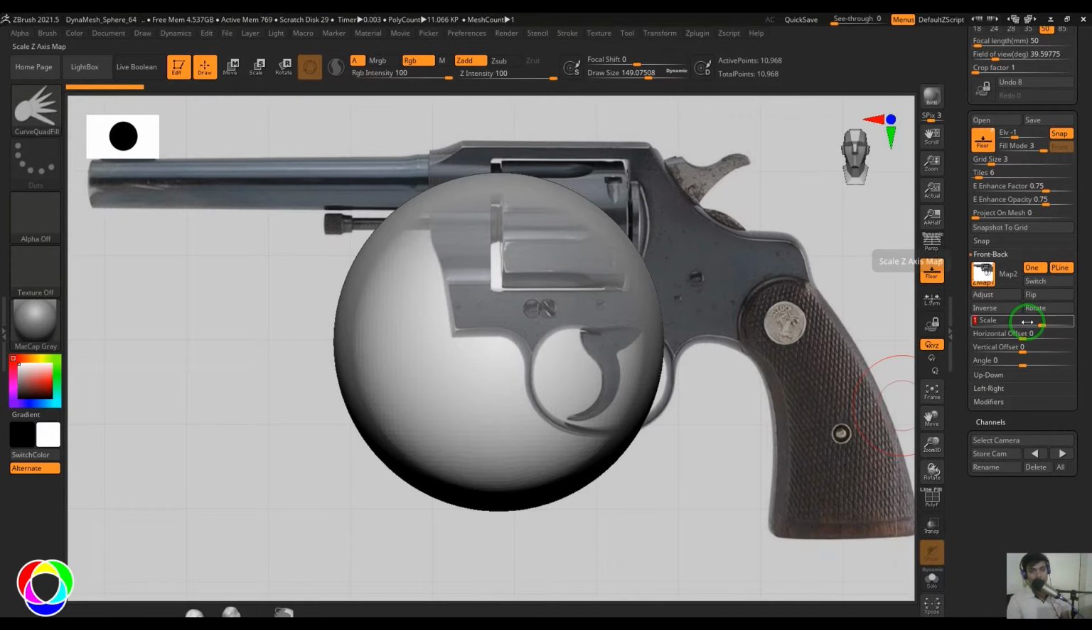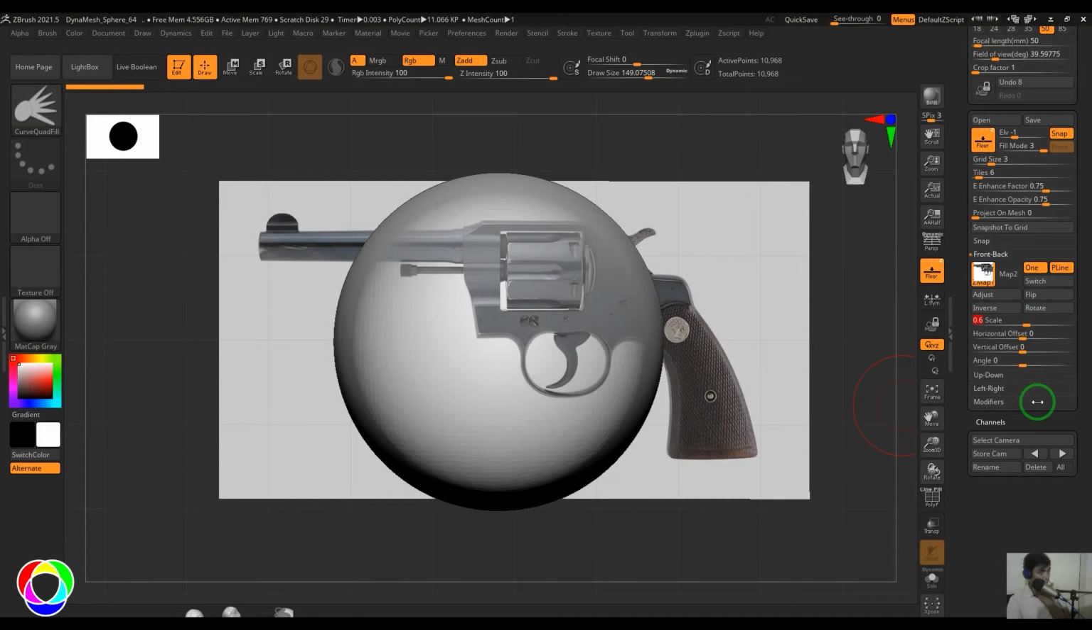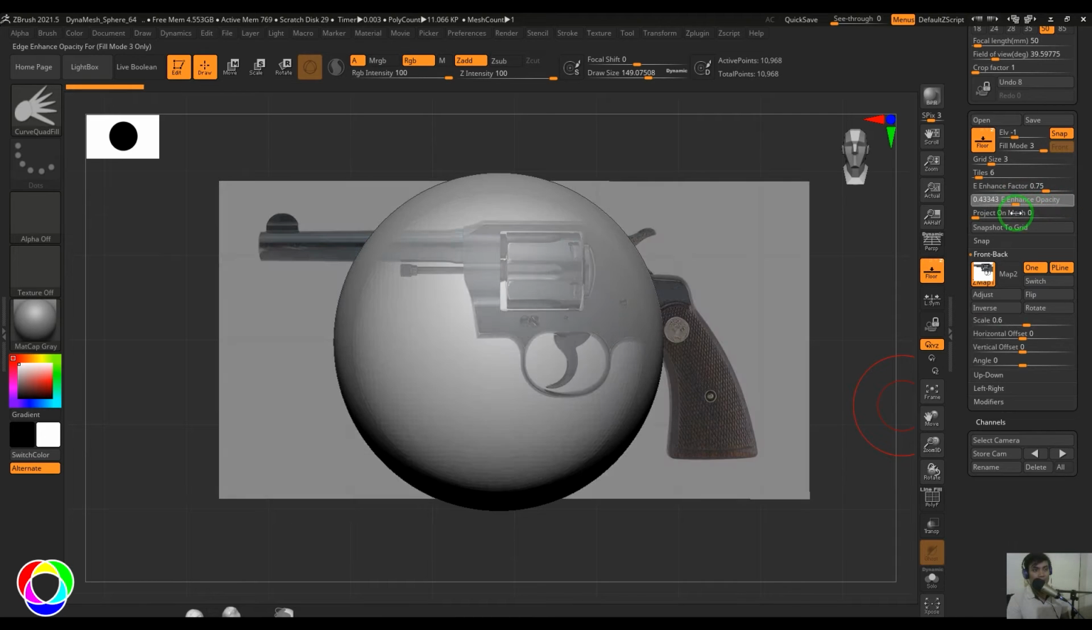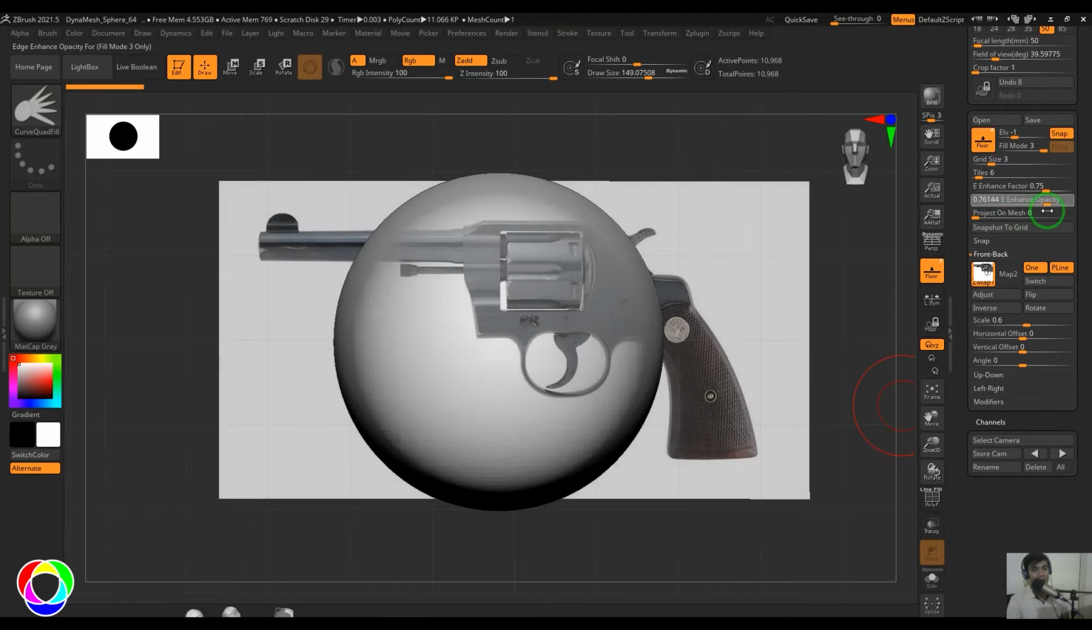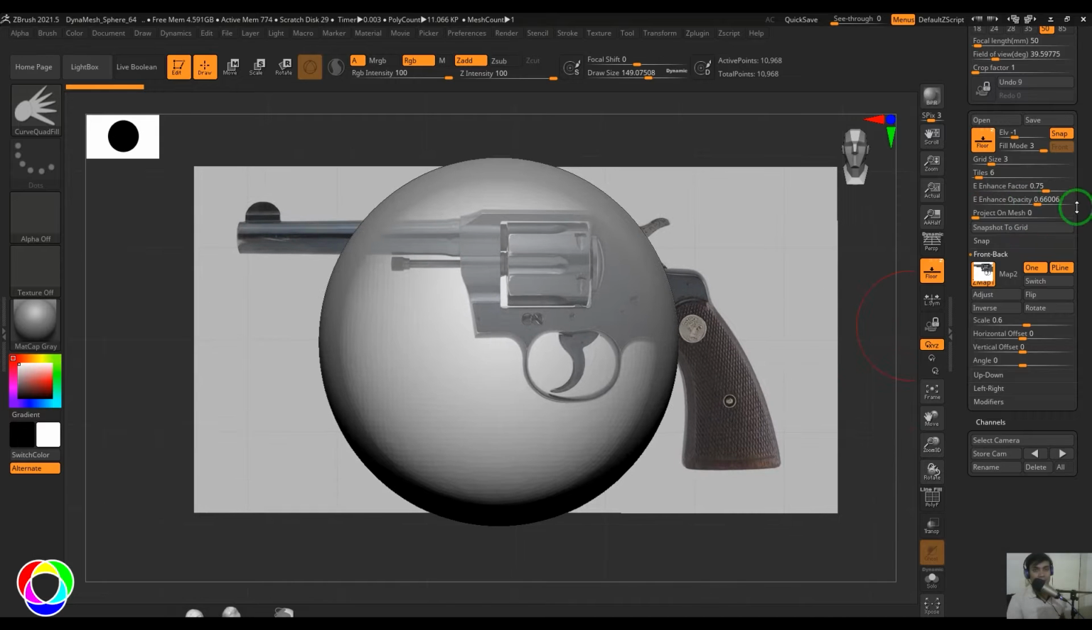So I've got this image. I'm going to put a 0.6 scale here for the gun, and you have all the options for offsetting and rotating this model. You have an opacity for this image. You can control that if you feel that it's too bright. So once that is done, I would like to